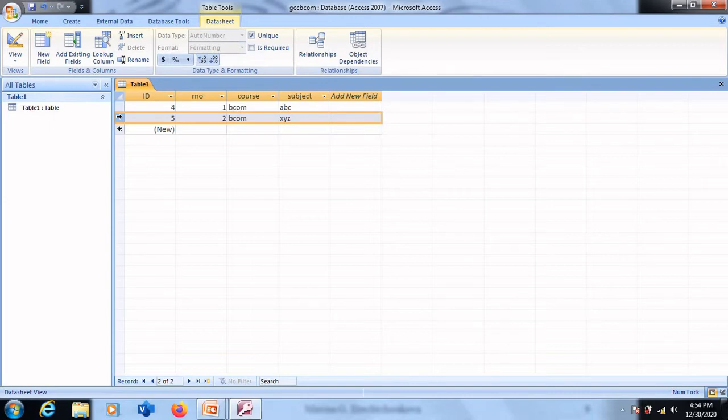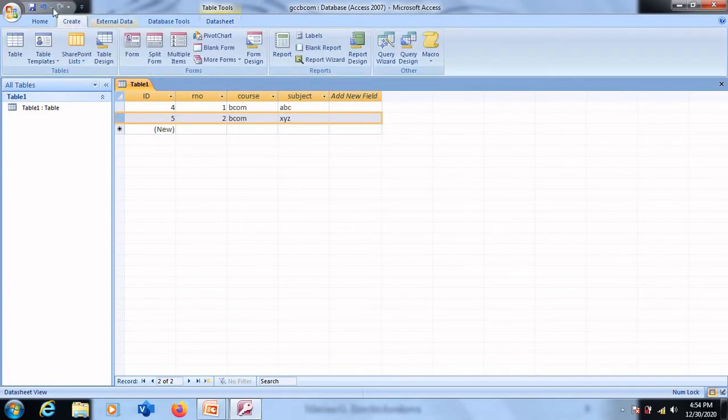To create one more table, we'll have to go to the Create tab. There is a list of tabs available. There is a ribbon available. We'll have to click on the Create tab. To create anything in MS Access, we'll have to visit the Create tab. To create queries, forms, reports or tables, you will have to go to the Create tab. And the first group we have belongs to tables.